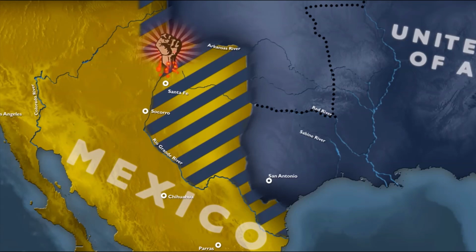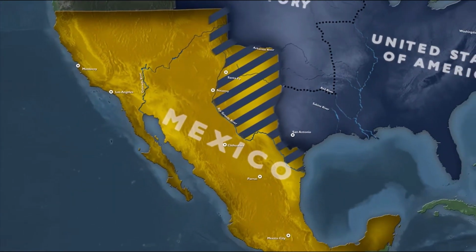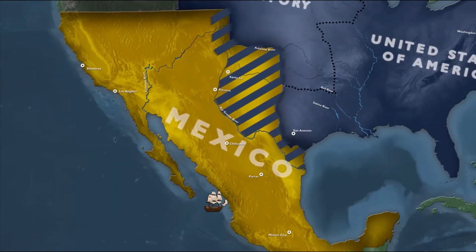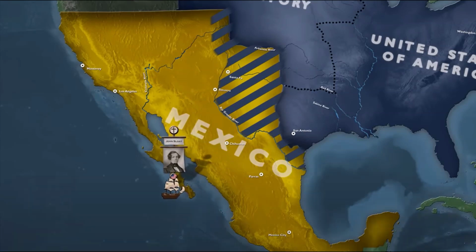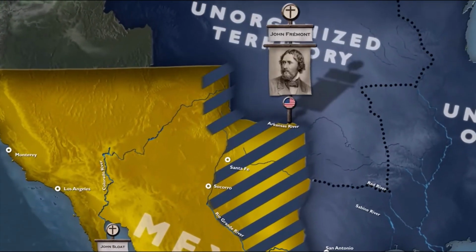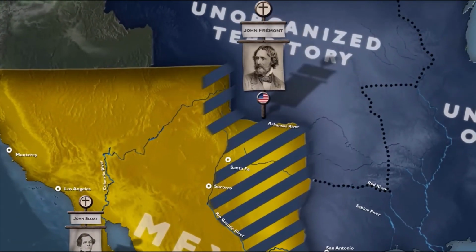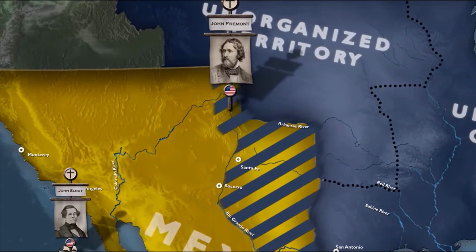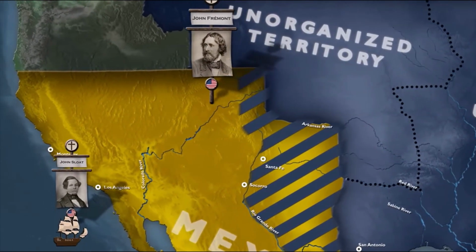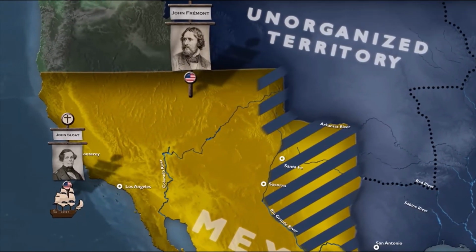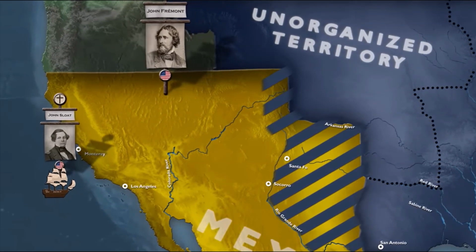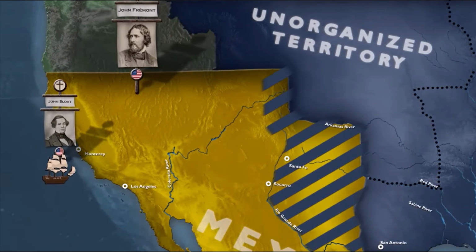Meanwhile, the commander of the U.S. Navy's Pacific Squadron, John D. Sloat, had received orders to seize San Francisco Bay and blockade California ports. Captain John C. Frémont, leading a U.S. topographical expedition to survey the Great Basin, had entered the Sacramento Valley in December 1845. Frémont's party was at Upper Klamath Lake, Oregon Territory, when it received word that war between Mexico and the U.S. was imminent. The party then returned to California on Sloat's orders.